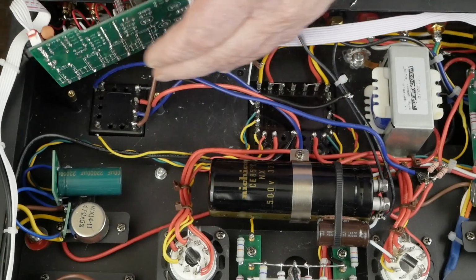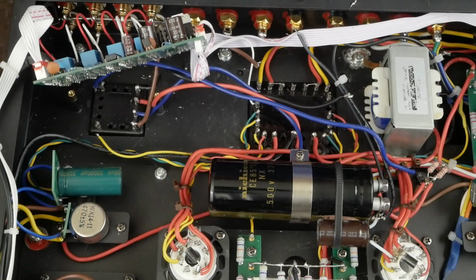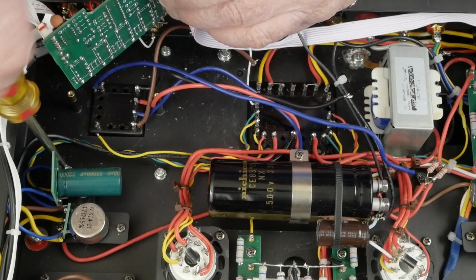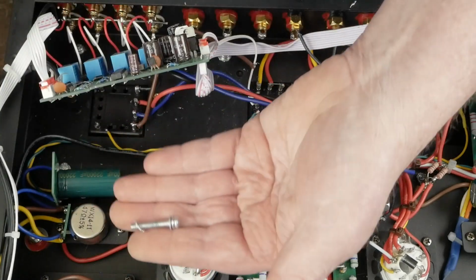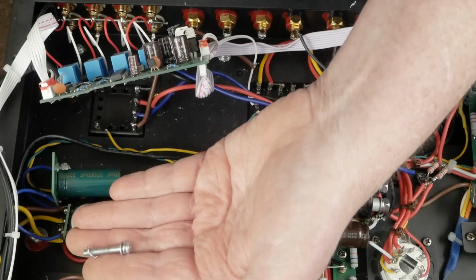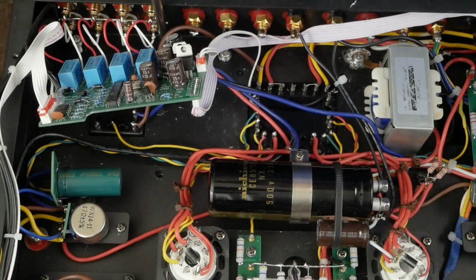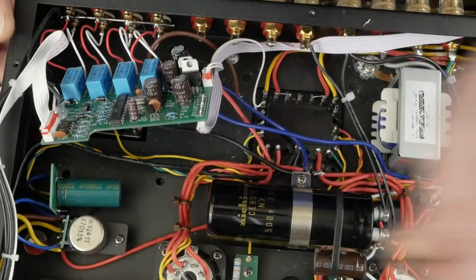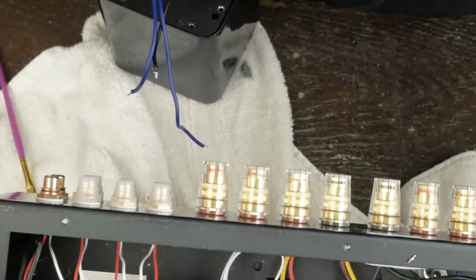Now we're ready to remove the transformer. And there are 4 Phillips head screws that hold these in. And you just take these 4 screws out. And they're these super giant long screws. They're about 2 inches longer than they need to be. Turn our soldering iron off. We're done with that for now. Get that screw out. And there we go. Got the